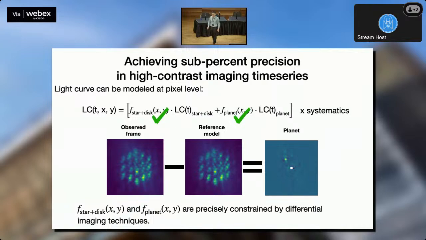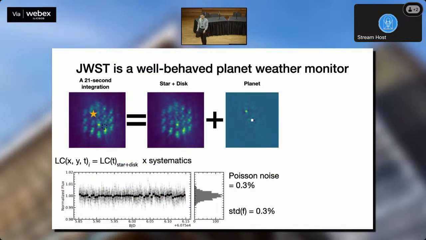What about the rest of the terms? What about the systematics? How bad is that? It's actually not that bad. To get an understanding of that, we pick a point on the opposite side of the planet, pull out the light curve, and see how it looks. It looks flat, meaning that the level of systematics is actually pretty low. If we calculate the scatter in this light curve, it's at the photon noise level. Good news for me.